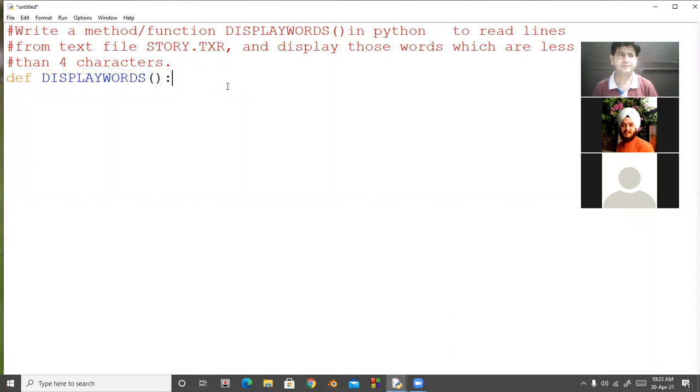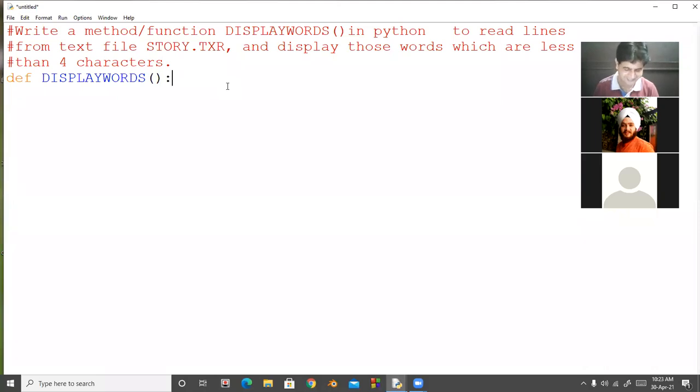Function and method. Sir, a function is what we write ourselves, and a method is already there. No beta, no. Now listen beta, if it returns something, the module you made that returns something, we call it a function. In common usage, if a statement has a return statement, suppose I am making display words and I put a return statement in it, it means this is a function, otherwise this is a method.